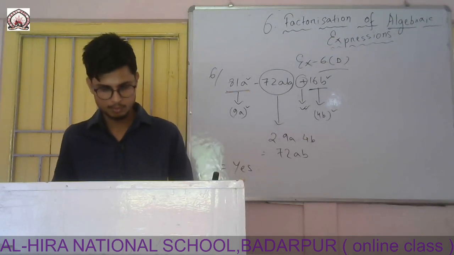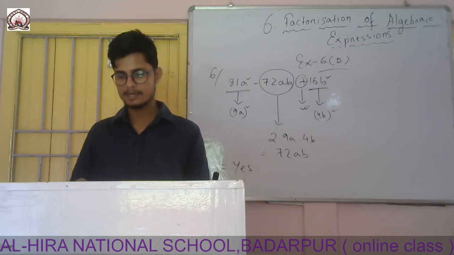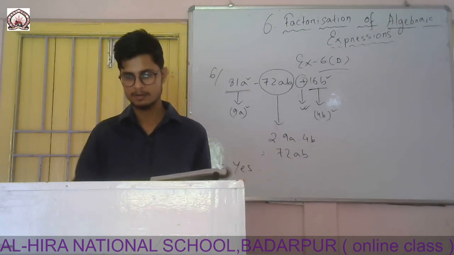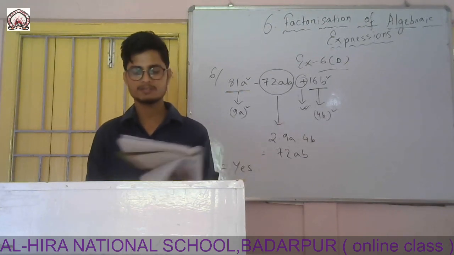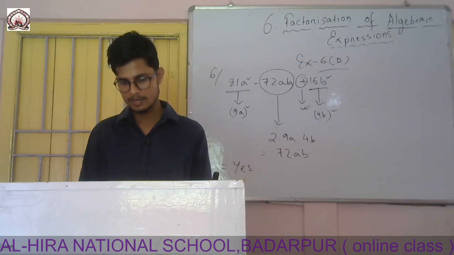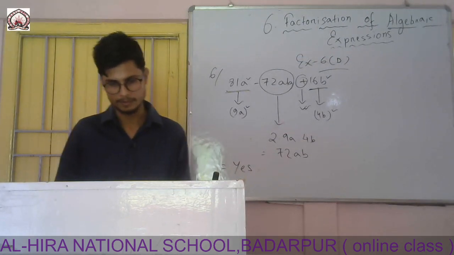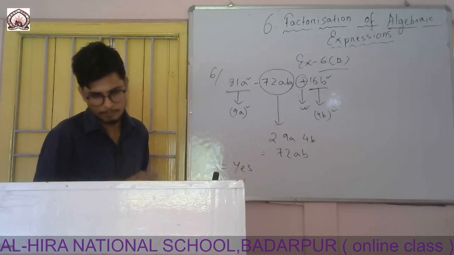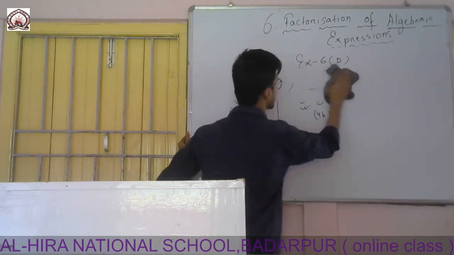Now let's move to question number B. Fill in the missing terms to make a perfect trinomial square. You have to fill in the missing terms to make this a perfect trinomial square. That means all these terms form a perfect trinomial square. Simply you have to write the missing term. Here a question mark is given. Okay, so let's write question number B12. First one let us do.